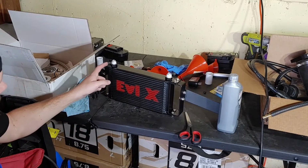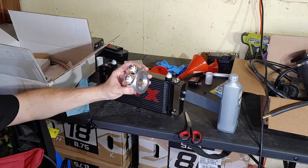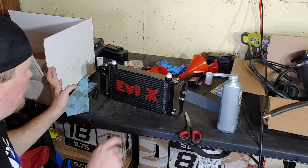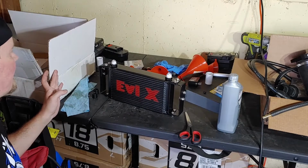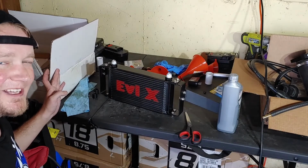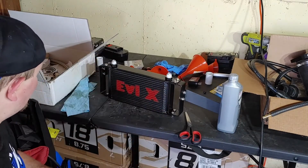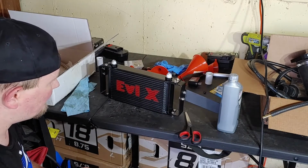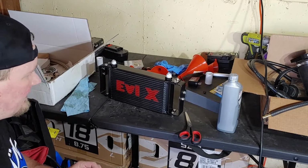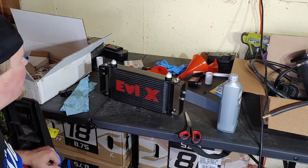All right, we got the Teflon tape on our threads, on the oil cooler, and on the feed sandwich piece. Now the fun part, we have to get oil in the oil cooler. Now I think it's best to do that before we get it mounted. But how to do that without it spilling all over the place while we're mounting it is the question. It did come with these caps from the factory. I might put those on while I'm trying to adjust it, but now I'm worried it might mess up my Teflon tape I just did. So we'll see, or some combination of putting on the pipes